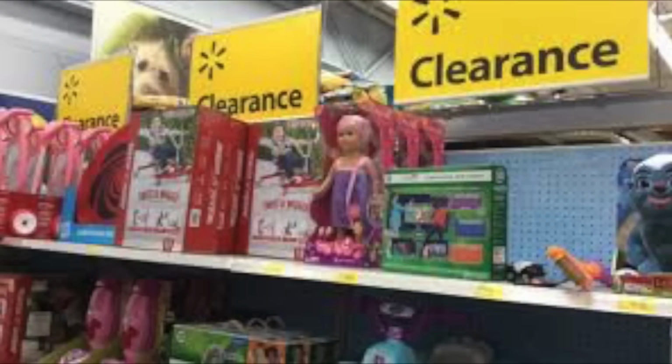So let's say your local town within 30 minutes of you has 2 Walmarts. You go to Walmart 1 and they've got a toy that's on sale for $2 or $3, and you figure out it's selling for 18 or 20. So you're like, great, and you buy a couple of them. Then you go over to the second Walmart and they've only got 1. You're like, oh, they're out of stock. So you buy that. Well, then you jump on Walmart.com and you can search by store locations at other stores